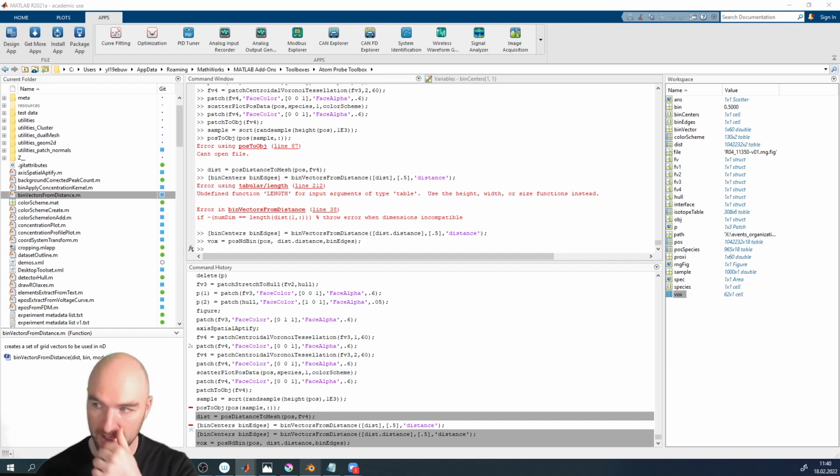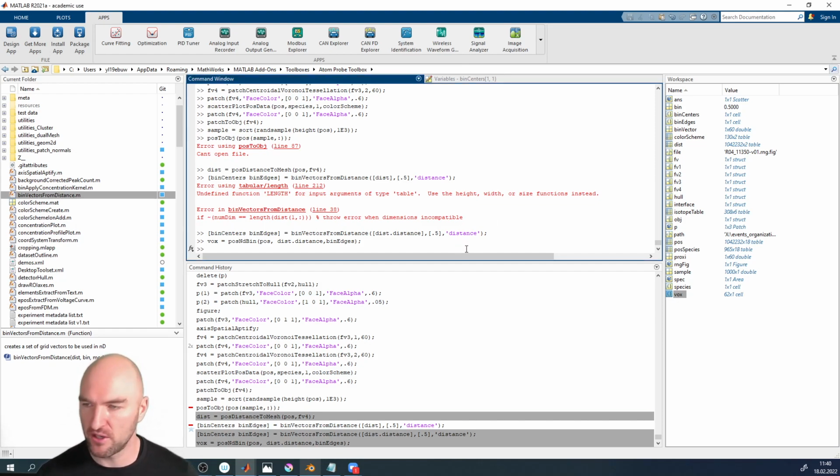in the chat. So how do we calculate the concentration? And for the concentration, we need something called a concentration kernel. So the concentration kernel is a function that calculates the concentration of something in a voxel. You can now go and calculate any property you want for the voxel. For example,